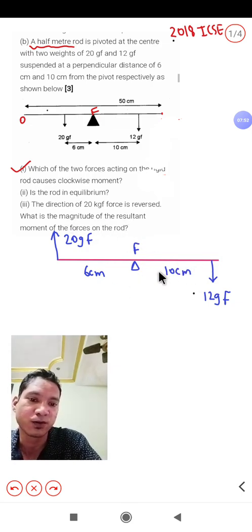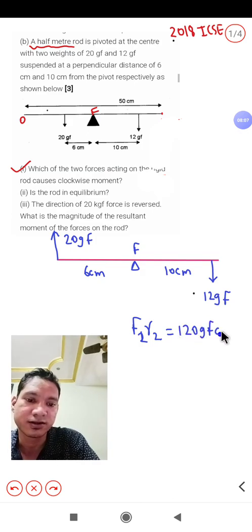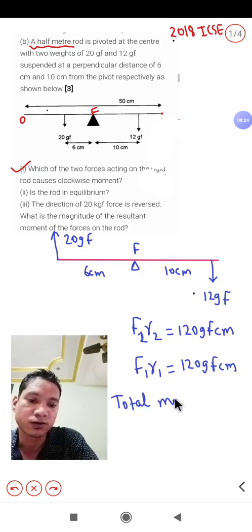So we have already calculated this moment. Moment on this side, let me call it f1 r2, that will be 120 gram 4 centimeter. I have already calculated that. Now moment on this side, I called it f1 r1, that will be again 120 gram 4 centimeter. Now these two moments will add up, so total moment of force, 120 plus 120,